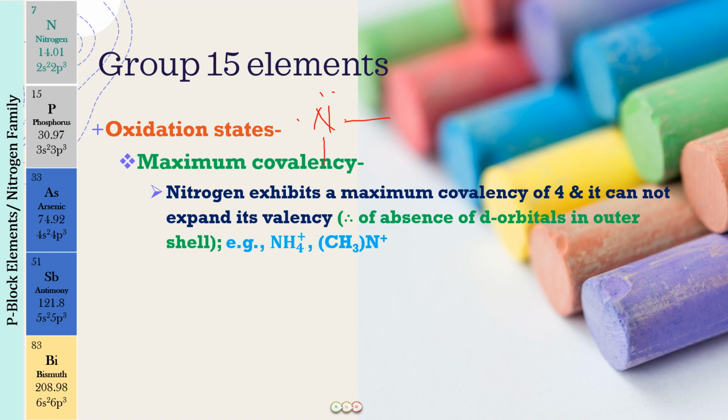This is the second covalent bond it can form, the third covalent bond, and the fourth, whenever this lone pair of electrons is utilized, it will form a coordinate bond. For example, you can see NH4+. NH3 is ammonia. When it forms a bond with H+, it shares this electron pair with hydrogen. So this is how NH4+ will be formed. Similarly, we have CH3NH3+.